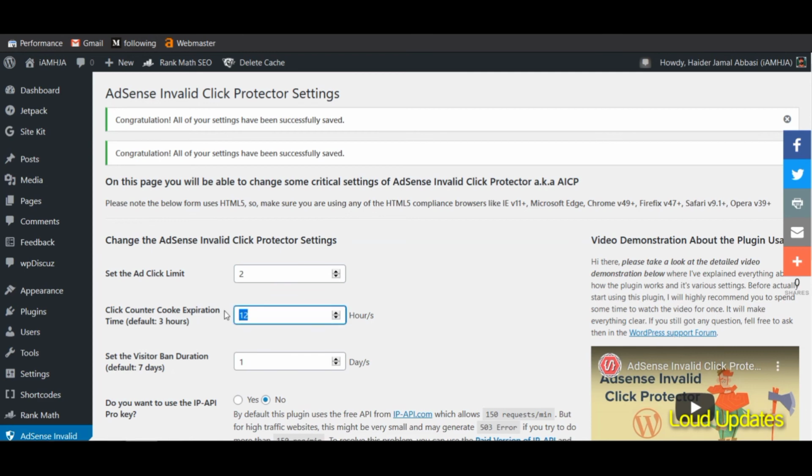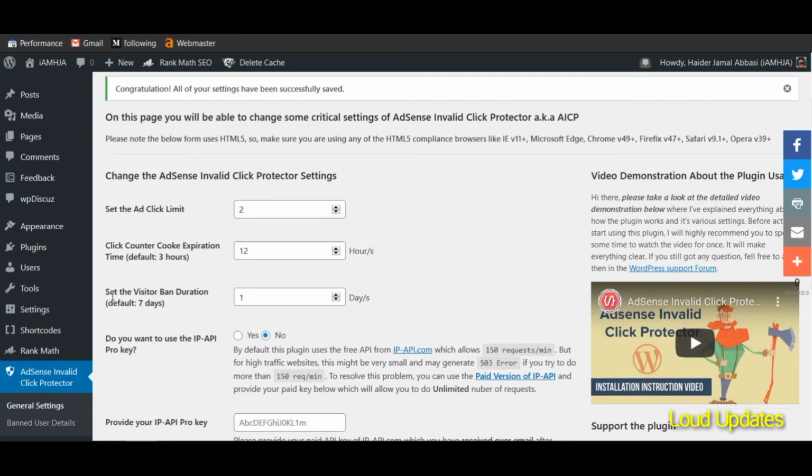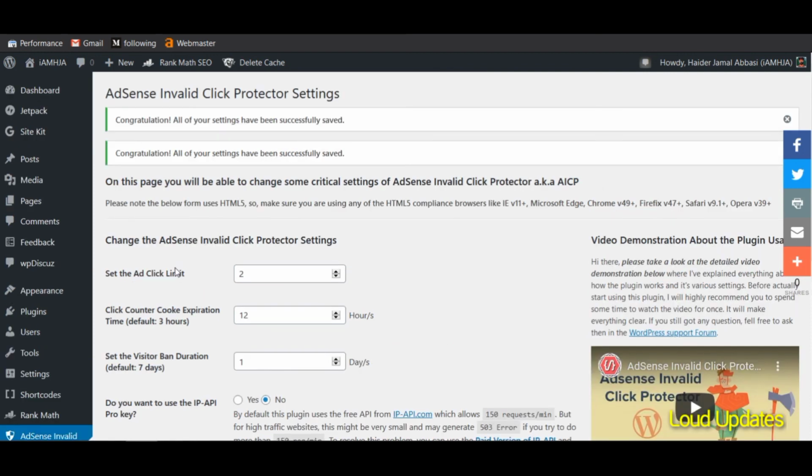But after installing this plugin, if your hater clicks 100 or 1000 times, your ad click is counted only 2 times from one IP, and they will be blocked for 20 hours or more.